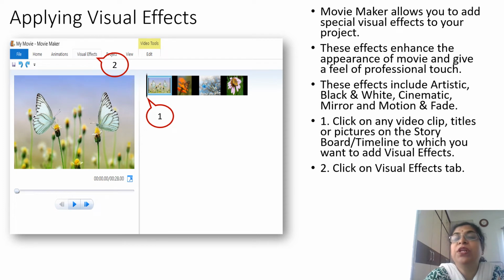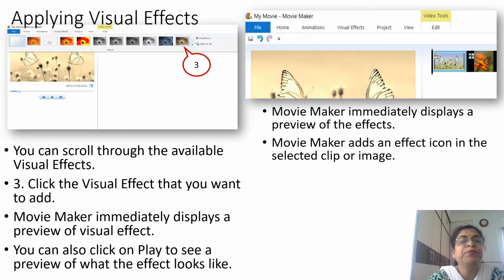Now applying visual effect. Movie Maker allows you to add special visual effects to your projects. These effects enhance the appearance of the movie and give you a feel of professional touch. These effects include artistic, black and white, cinematic, mirror and motion, and fade. For that, you have to click on any video clip, titles, pictures on the storyboard timeline to which you want to give visual effects. Click on the visual effects tab. Visual effect tab is here. After that, what you have to do,